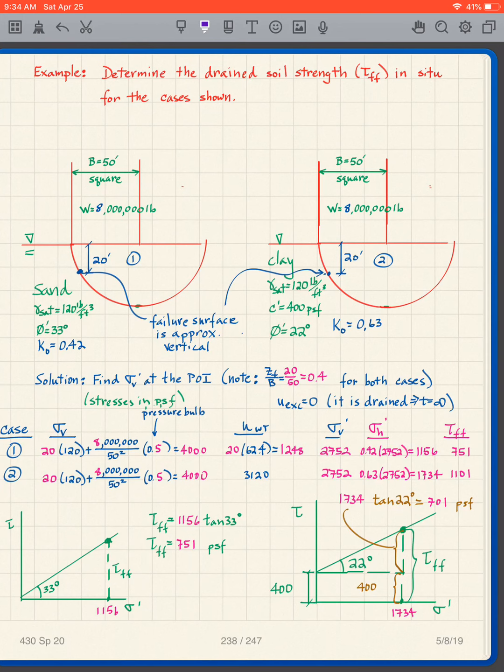Okay, so now I have a different point of interest, and I'm now going to take this point of interest here. Same situation, but now my point of interest is 20 feet. It's close to the other edge over here. So I want to know what is the